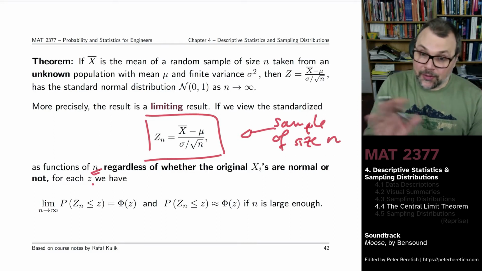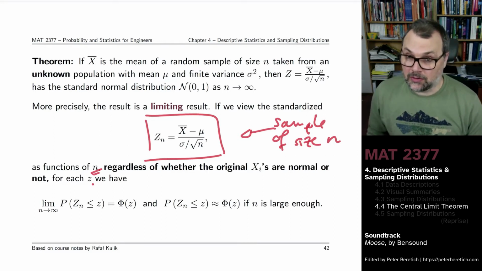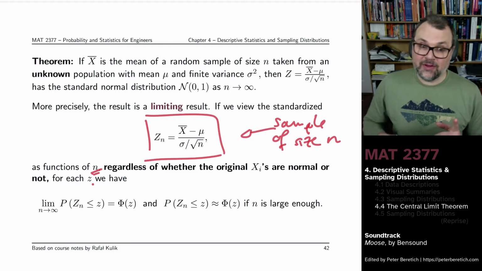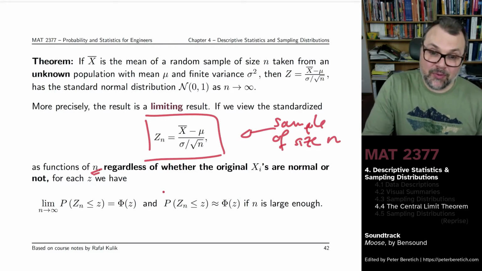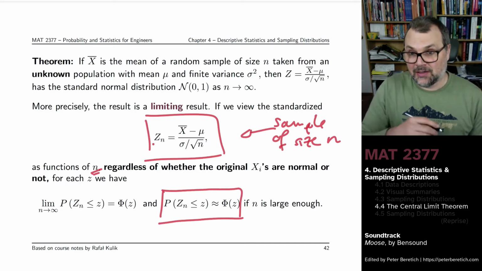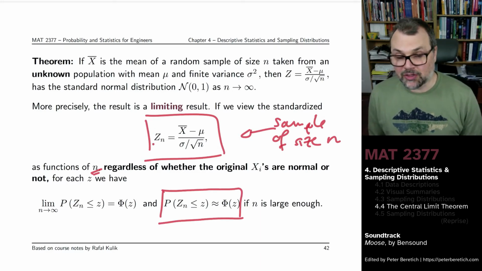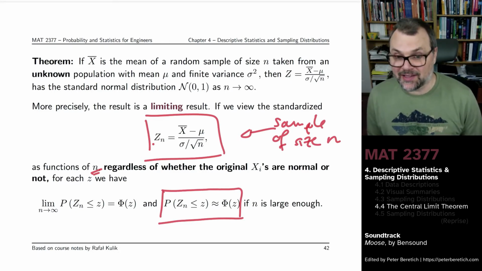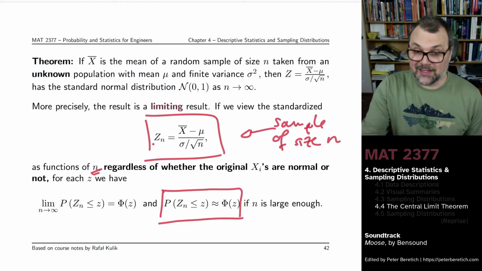It doesn't matter if the original xi's are normal or not. Right? What we have is that the probability that this standardized quantity is smaller than some threshold z is approximately the same as phi at z. You'll remember that as the CDF